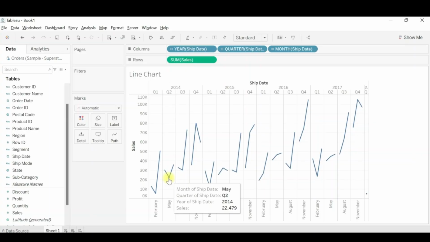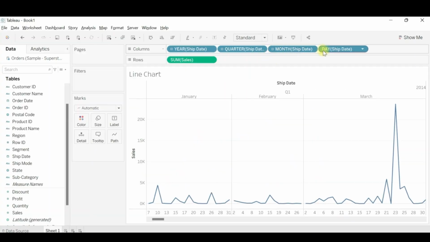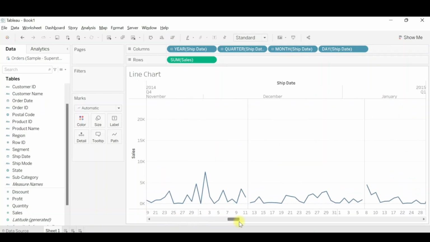Now if I further need to drill down to the day, I can click on the plus sign of month, and you'll see a day. That's the last level, as you don't have any plus sign now. And now you can see how it is showing us for a particular year 2014, for quarter 1, month January, these are the days for which we have the data. So for example, for 26th January quarter 1 2014, the sales were 2,635. So similarly, you can scroll to the right and analyze your data.